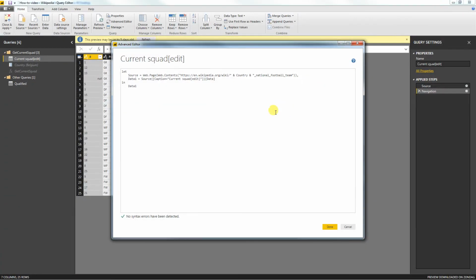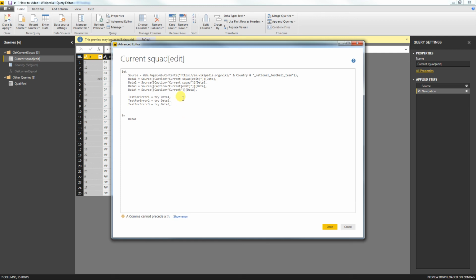Alright, what can we do about this? Well, we can specify more than one source or section, and I'm gonna cheat a bit because I've typed this out up front. Allow me to paste it here. There we go. So what we do now is we say data 1 contains the section called current squad edit. Data 2 contains current squad. Data 3 will be current edit, and data 4 will simply be current. And then we still need to pick which of these 4 we will be using, so we will put in a check for each of them,